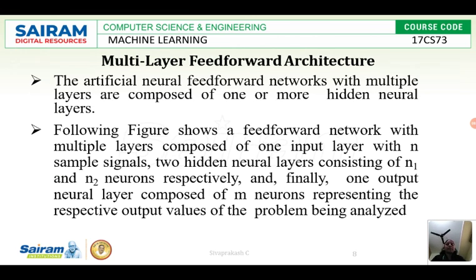In the multi-layer feed forward architecture, we have a deep neural network with many hidden layers. In the previous architecture we had only one hidden layer, but in a multi-layer neural network we have several hidden layers.